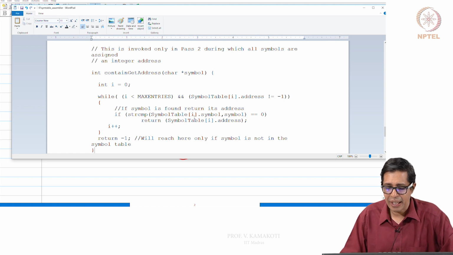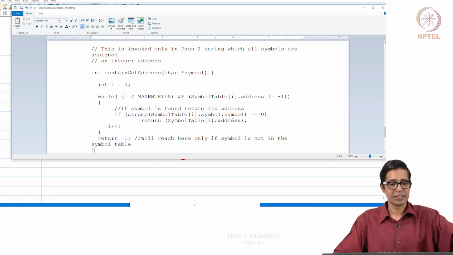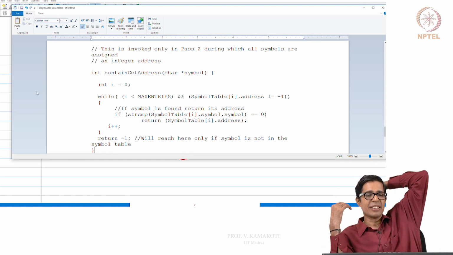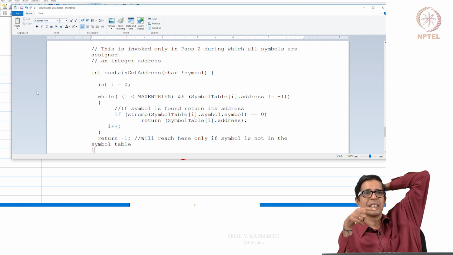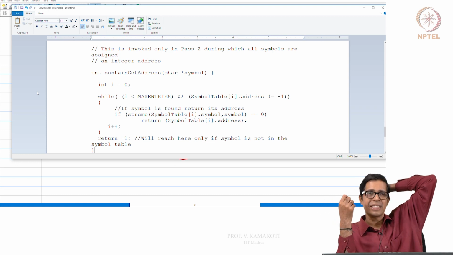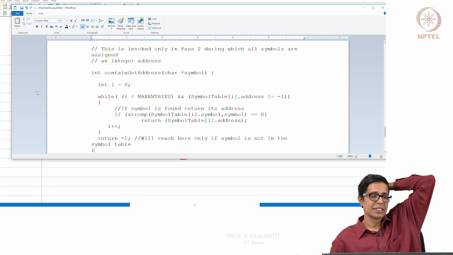If string compare symbol table I dot symbol, comma symbol, is equal to 0, then you just return its address. I plus plus. So you go entry after entry and you find out whether this entry matches, and if the address is not -1, then you basically return that integer. This is how I get the address.